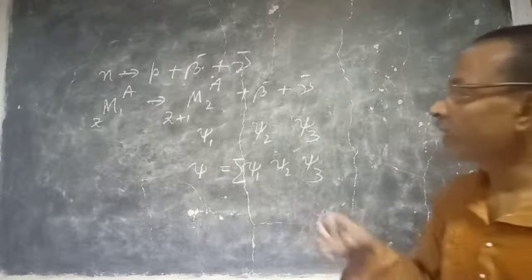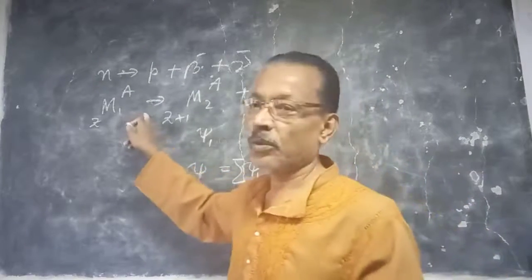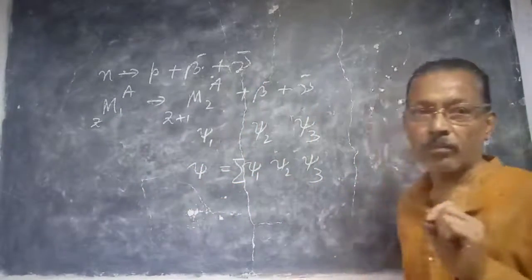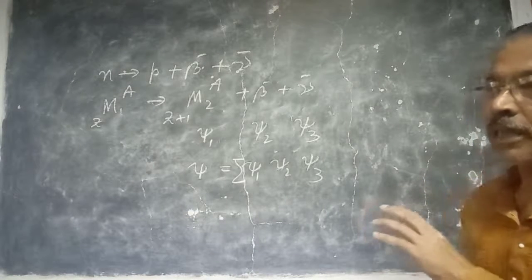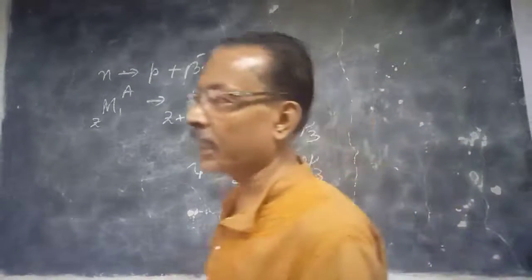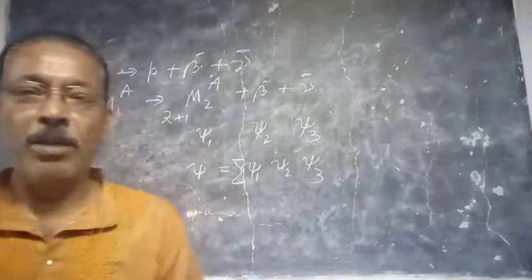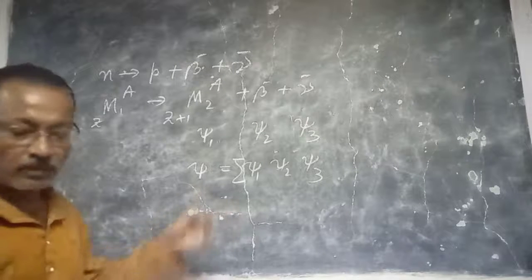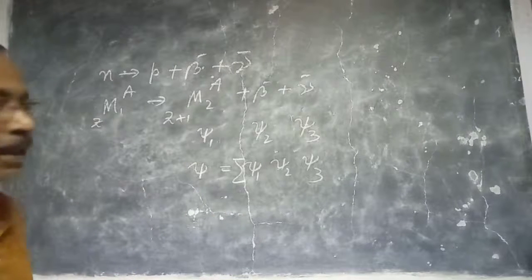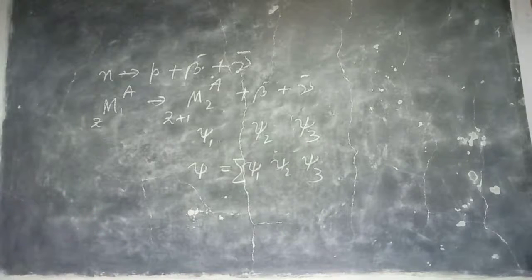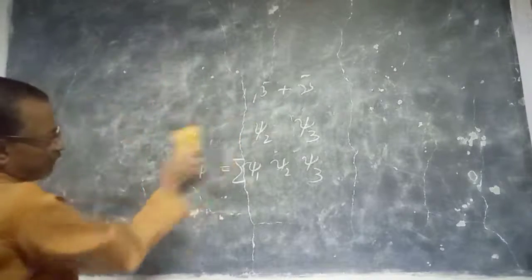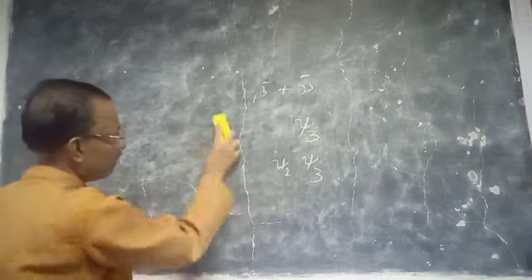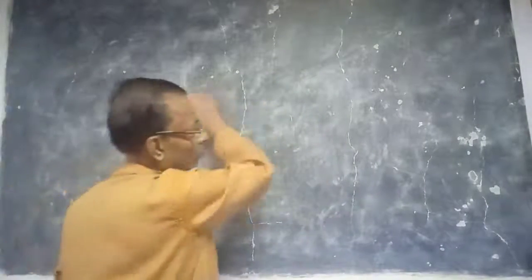And for that, the perturbation is applied for a very small time. So we have to apply the time dependent perturbation theory, which is called Fermi's golden rule, to calculate the transition rate, the probability of transition. Now, the time dependent perturbation theory is well known to all of you, I think. There are two kinds of perturbation theory, one time dependent, another time independent. Here we consider the time dependent perturbation theory to calculate the transition rate.